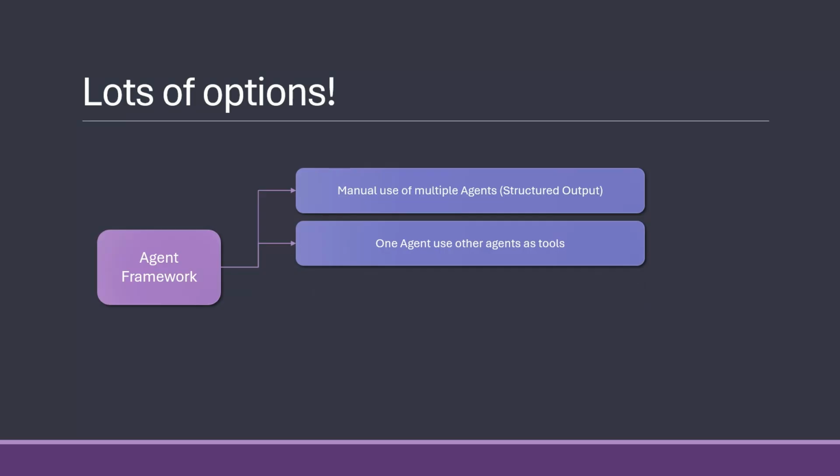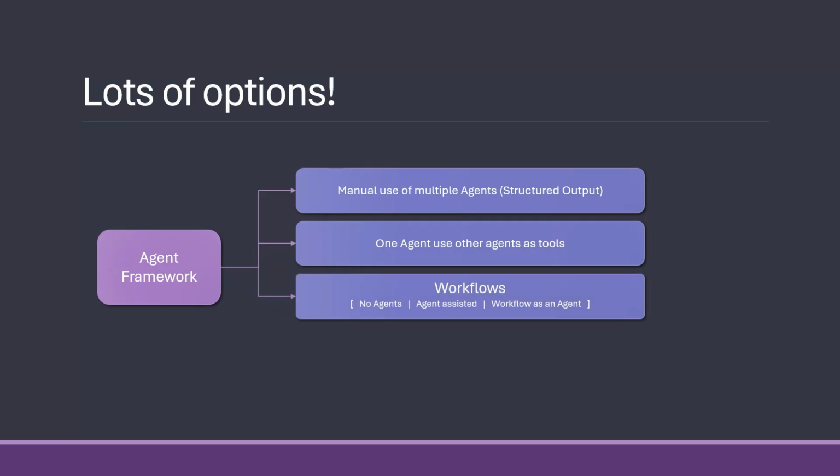What is more real multi-agent is, for example, if you take one agent and give it other agents as tools. Just like we have function calling or tool calling, we can actually turn an entire agent into a tool and give it to another agent. So there's a primary agent with some sub-agents underneath it. This is possible, and there are a few reasons for doing that when you have lots and lots of tools. But there will be a video dedicated to that as well.